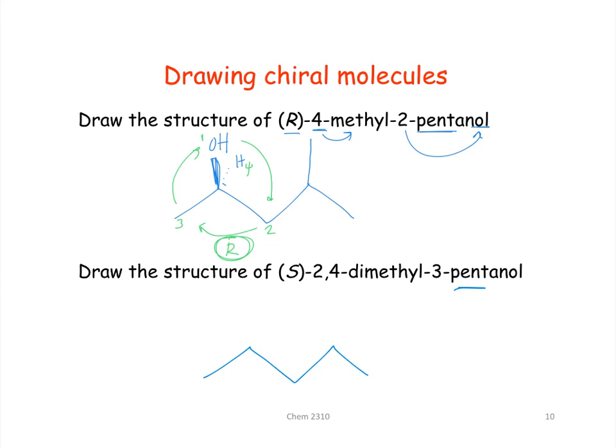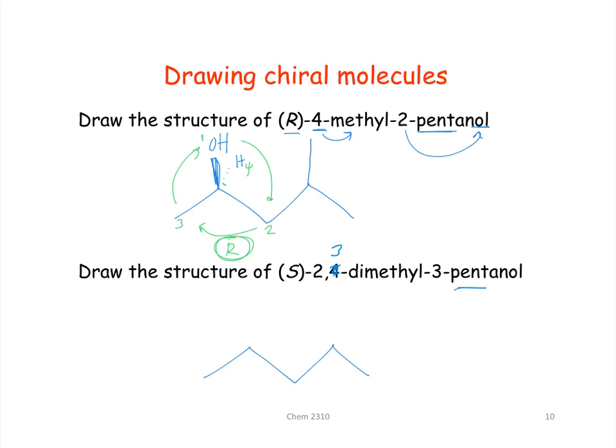This one doesn't really make sense. Let's change this to 2,3-dimethyl